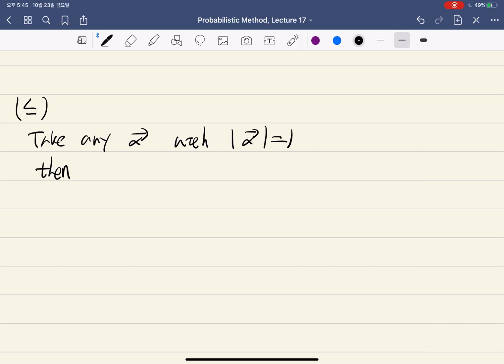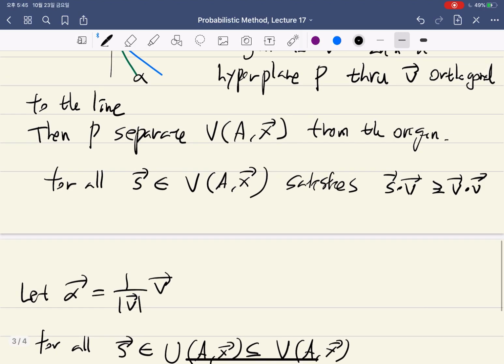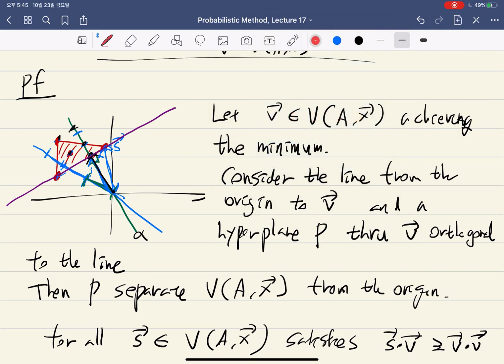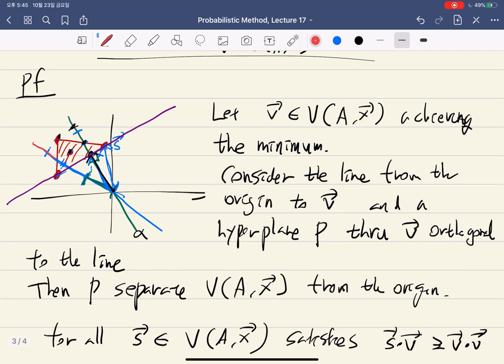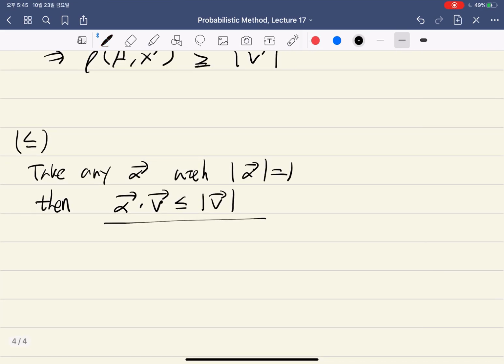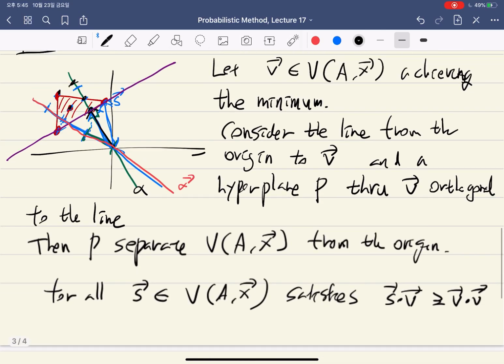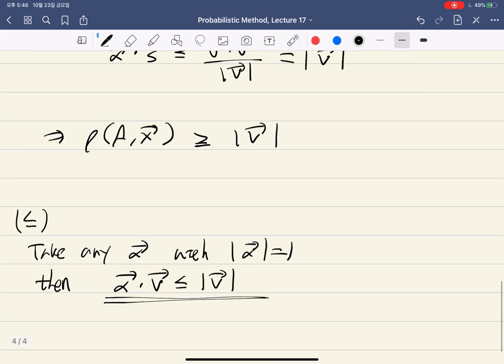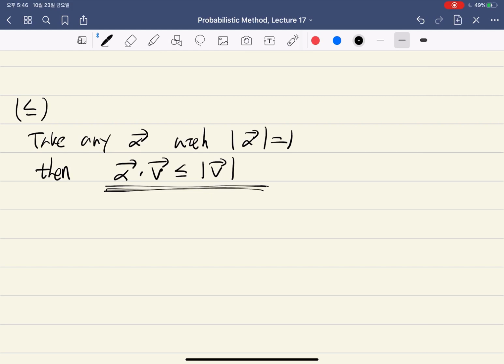So now we have this, then what do we know? Then we know this. So we already taken this direction. If we have taken another direction, which color would be good? Let's say this direction. Then we have this inequality. So from alpha, you take a projection, then this length is smaller than phi. Now what do we know? We assume that